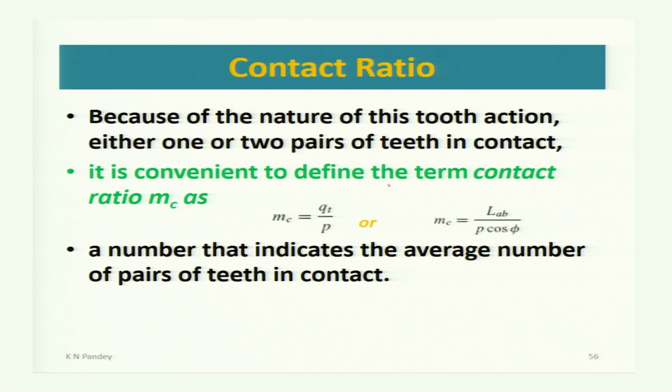It is convenient to define the term contact ratio mc as the arc of action divided by circular pitch. Now if it is 1, then there will be one pair of gear teeth in contact. If it is more than 1, the meaning is that more than one gear tooth pair are sharing the load. Now this arc of action is a circular length, and p is also a circular length along the pitch circle. So to have a ratio which can be measured along a linear distance,